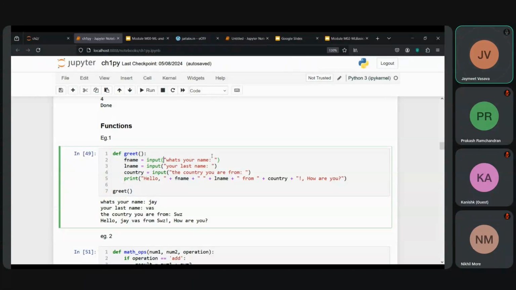And in order to take input from the user in Python, instead of print, we use this input function with the string that we want to ask the user, or the string that specifies what kind of input it expects. So we have the first name, the last name, the country, and depending on that, we have constructed a print statement